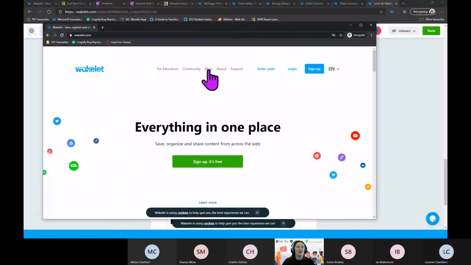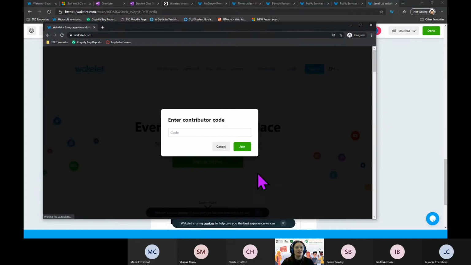So if you haven't signed up and you go to the home page, it was confusing me because it had already signed me in. If you haven't got an account and you go into that home page, it allows you to enter the code. So if I just pop that code in,